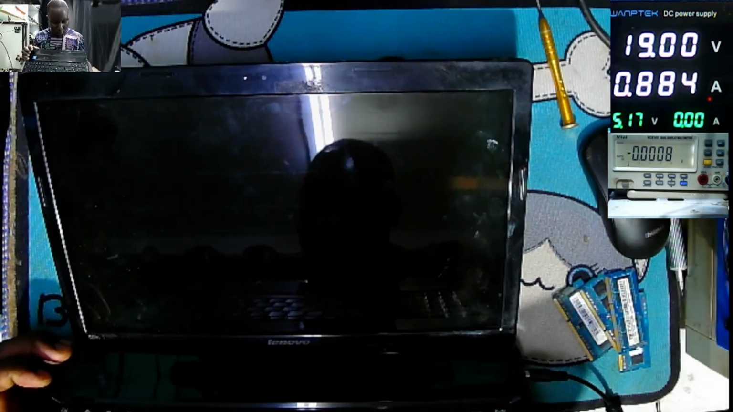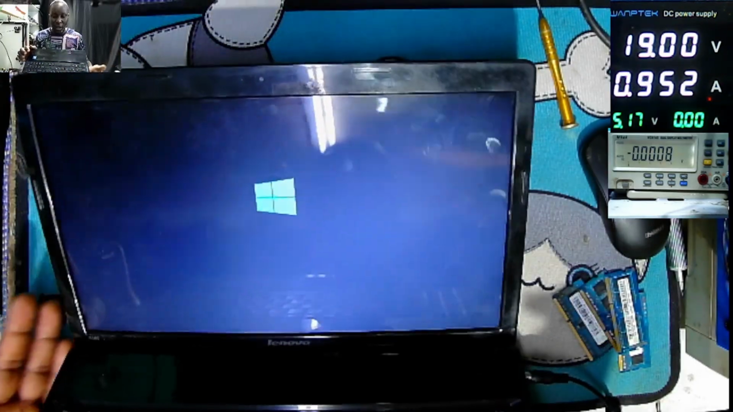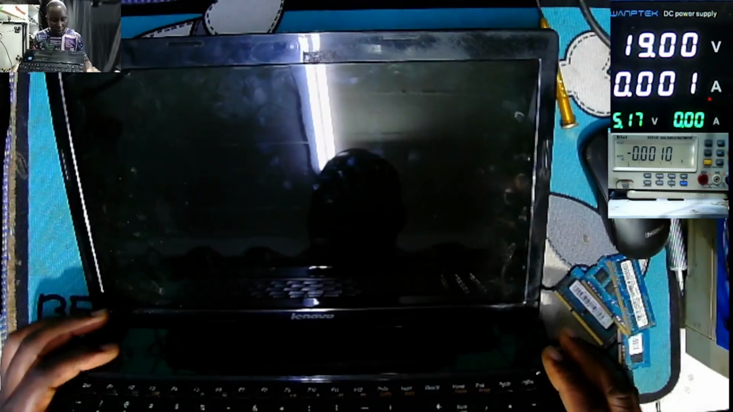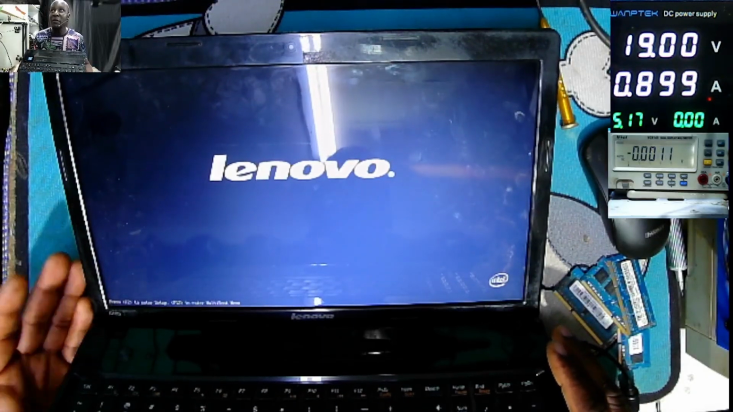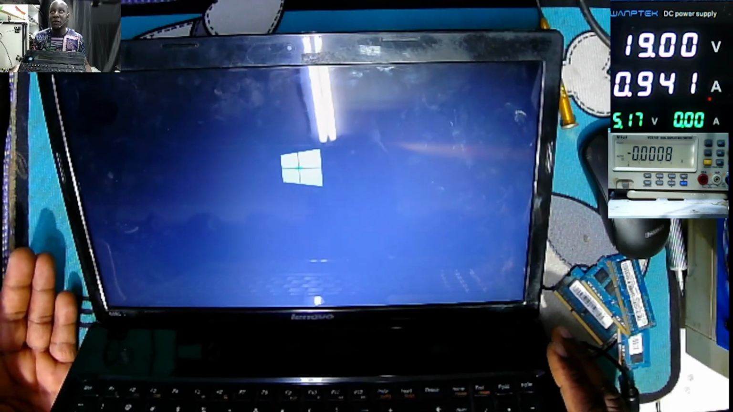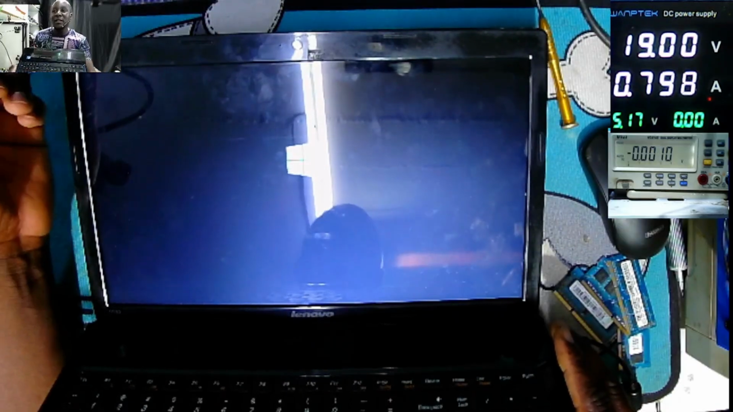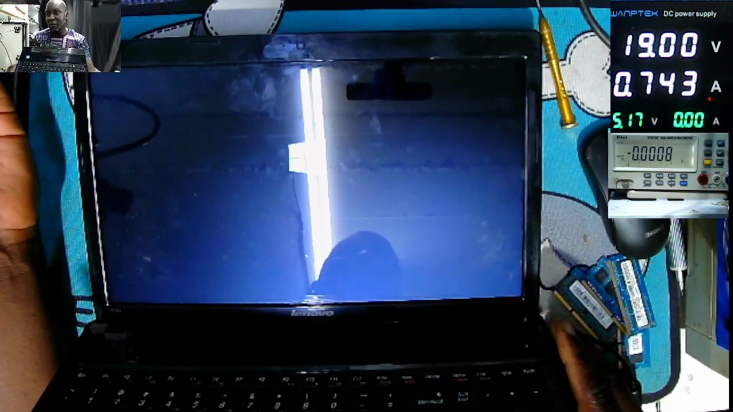On, and the laptop is displaying. That's so crazy. On, and we have a working laptop. Huh? I told you. If the fan is working, the chances of having a working GPU is very high, because